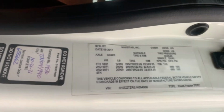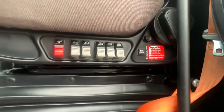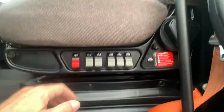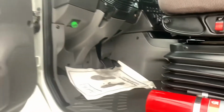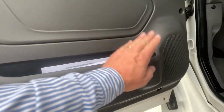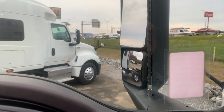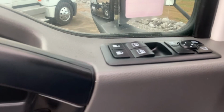52,350-pound GVW rating. National 2000 back cycler, driver's seat, additional lumbar support, side support, vertical, as well as baffles on the lower part of the seat. Block heater before we get in. Take a look at the driver's side door, docket storage, and drink holder. West Coast mirrors are powered, heated. Power windows, power door locks,